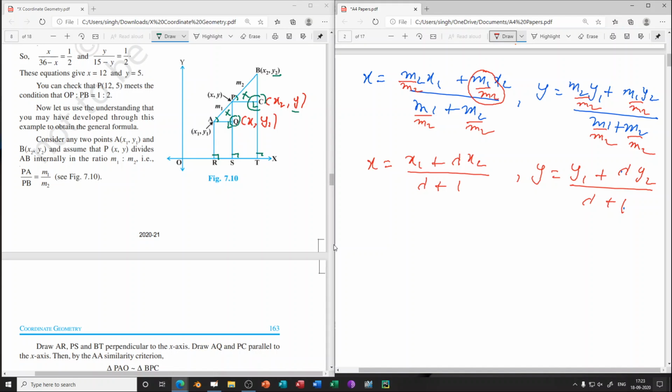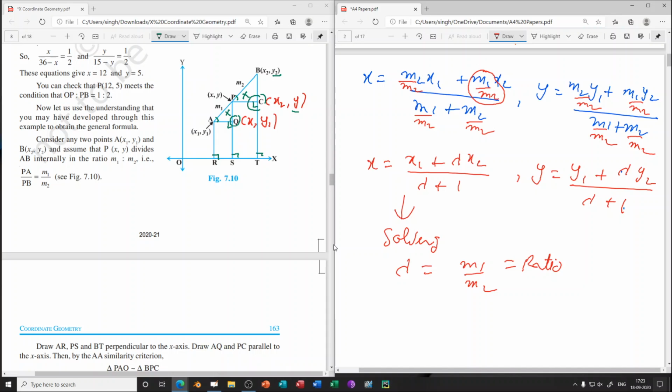As already discussed, the coordinates of point P, x and y, will be given. Also x1 and x2 are given to us. What is not given to us is the ratio. So when we solve it, we will get lambda. We can take any one of them, suppose we solve this one. Solving, we will get the value of lambda. Lambda is nothing but m1 by m2, so we will get the required ratio.